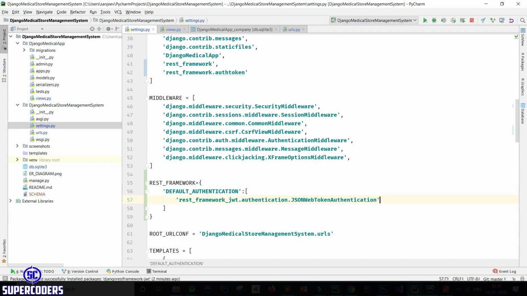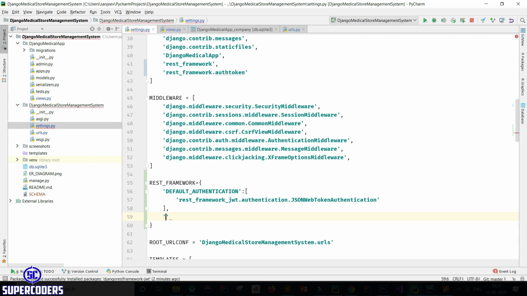Now adding permission, so also add the comma here.